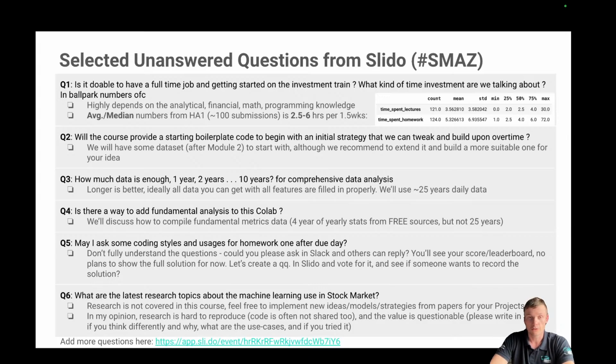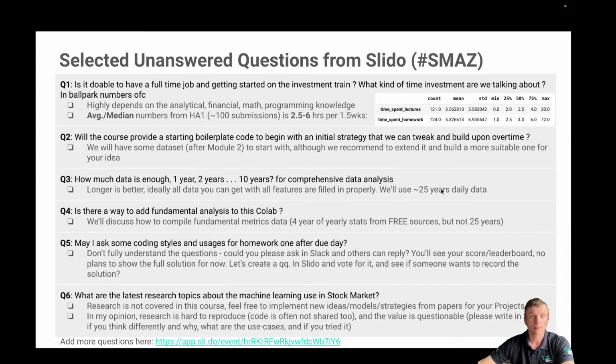You need to make sure that the data is correct, it is updated, and it is reliable. And you need to make sure that data transformation doesn't take long hours if you plan to update it every day. So I will use 25 years of daily data, and today we will have 33 stocks with 25 years